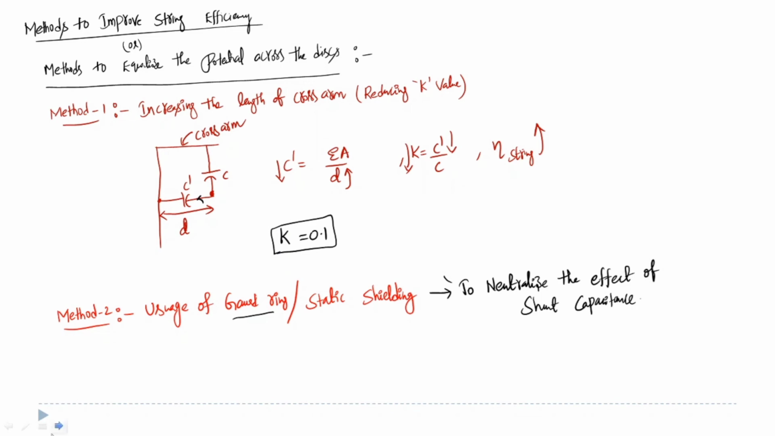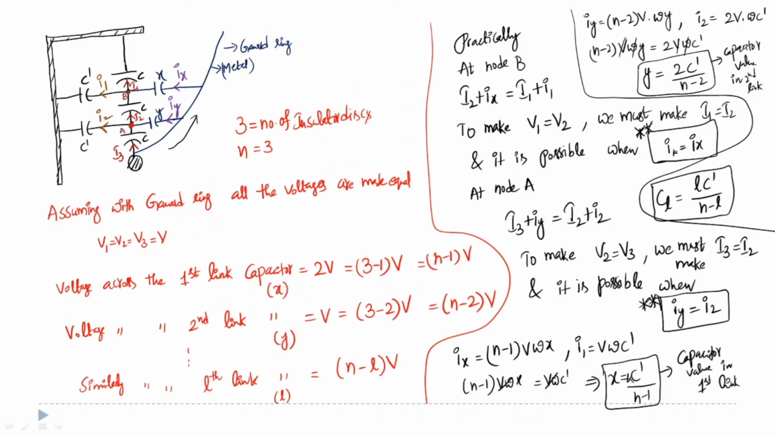See what we are doing here, we are making these two currents, I1 and Ix, equal. By making these two currents equal, we can neutralize the effect of this shunt capacitance. So with the help of the guard ring, we are actually neutralizing the effect of shunt capacitance, so that the currents through all the self capacitances of the insulator discs will remain the same,